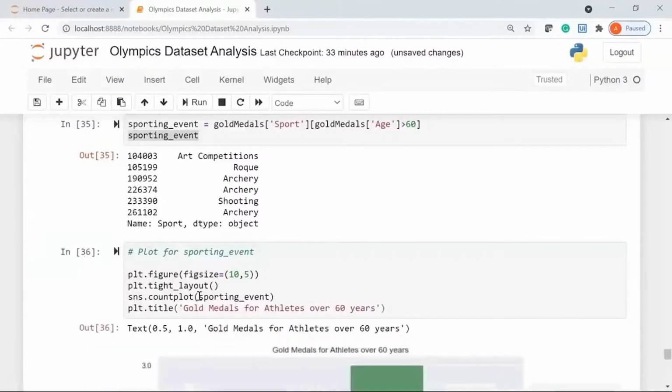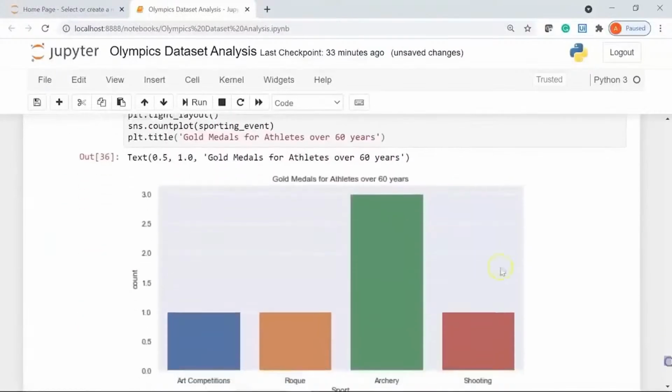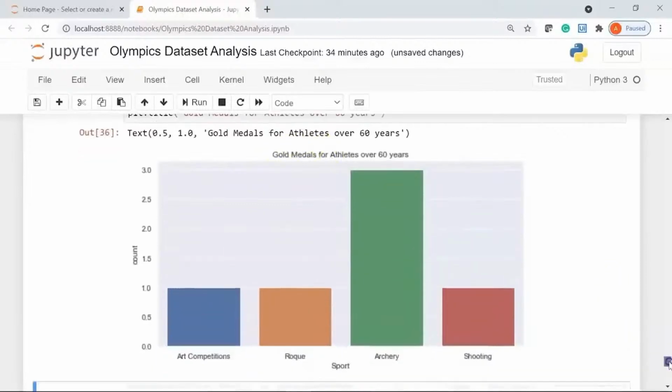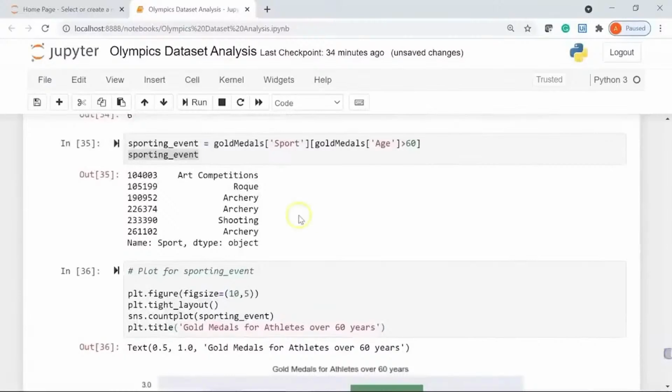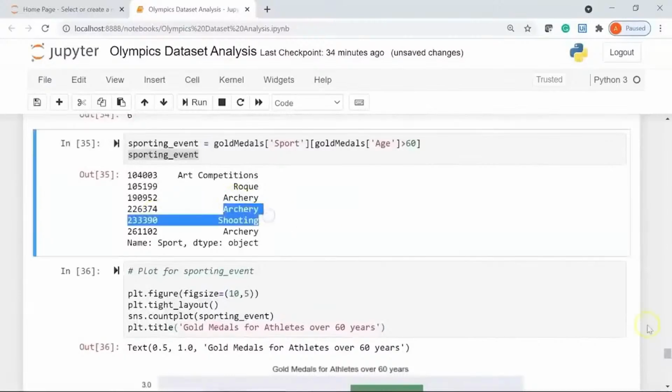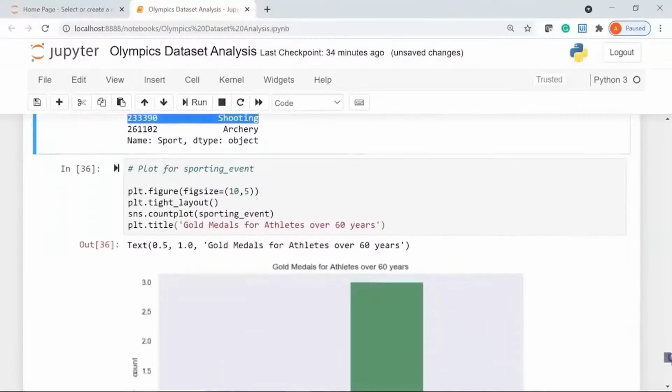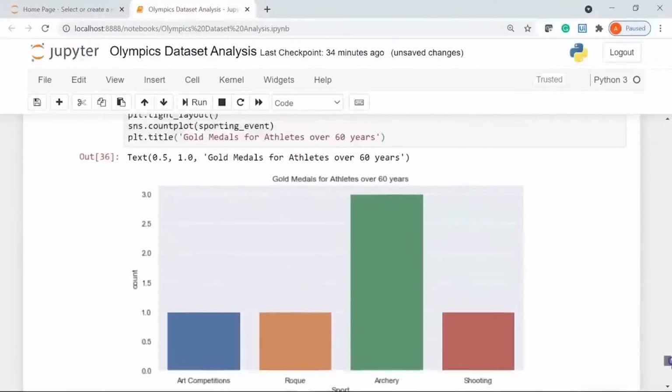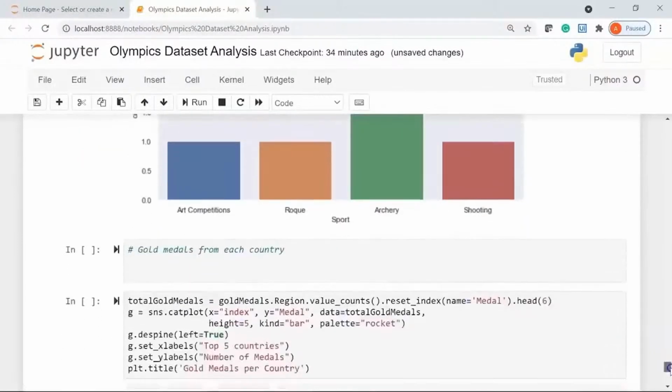Let's run it, and if I scroll down, you can see here we have a nice count plot. I have my title, gold medals for athletes over 60 years, and since for archery we had 3 players who secured a gold medal having an age more than 60 years, you can see here archery is 3, art competition 1, rook is 1, and shooting we had 1 medal. Alright,